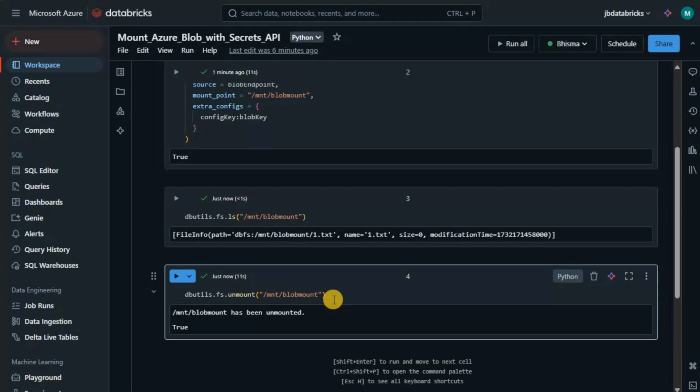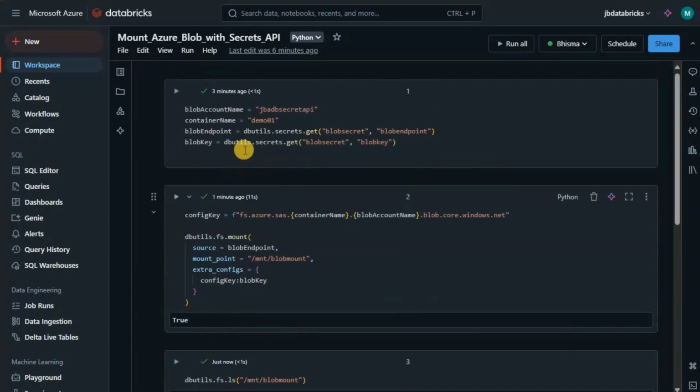Then we utilized those two secrets as part of the scope blob secret, and executed these commands to mount that particular drive. This way we ensured that critical components like the SAS tokens are not displayed in plain text, and we were able to securely mount the